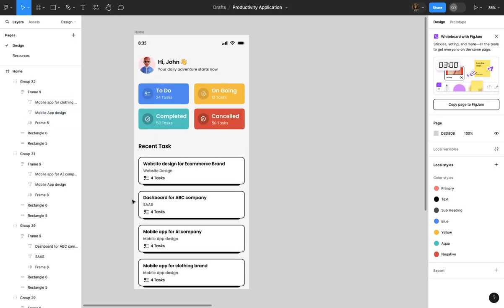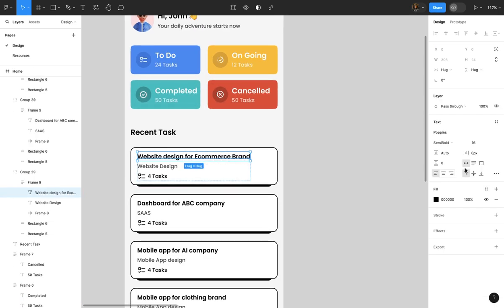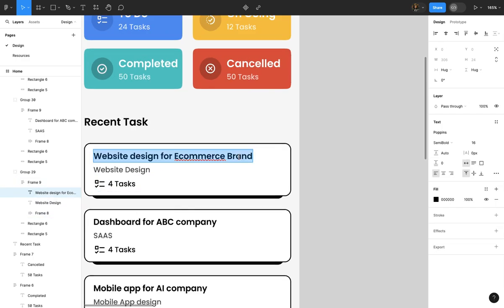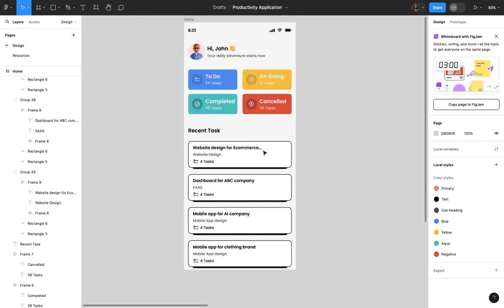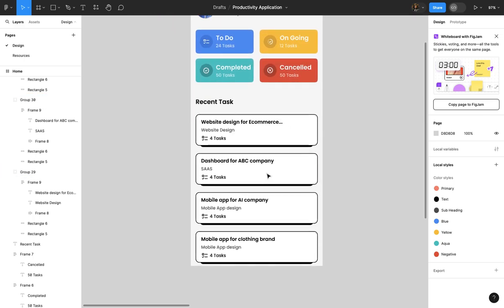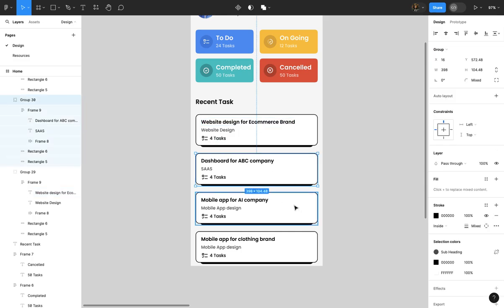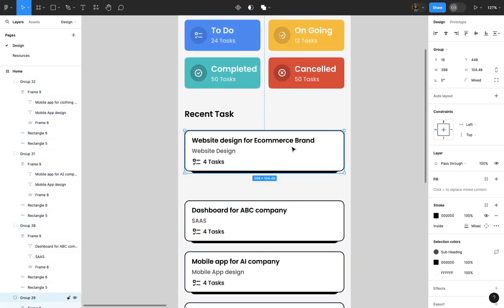Yep. Now maybe we can decrease the size a bit more, maybe it could be 14. No, I think 16 is fine. It's too long. Let's give a dot here, because we want to add an element here, so it will be too big to add here. Maybe rather than giving a dot, we can increase the height of